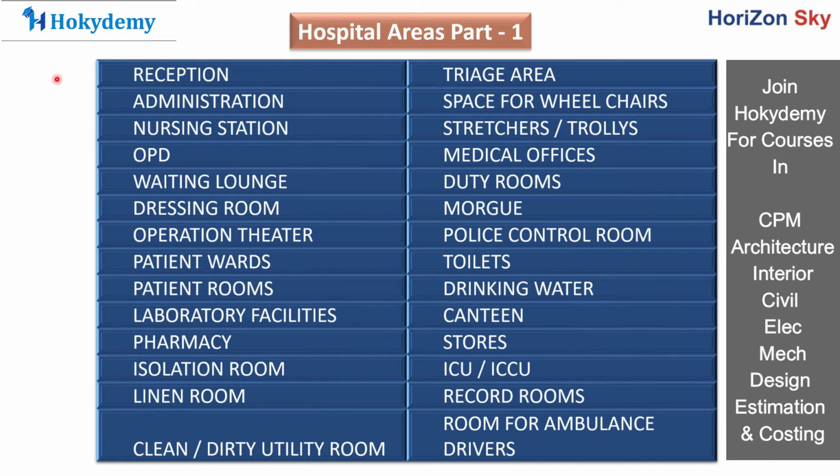Generally a separate area for the morgue will be there, wherein a cold storage will be built for storing the dead bodies inside the hospital, and the dead bodies will be released upon post-mortem and after the legalities are claimed and the body is claimed by the family or someone. Okay. Then we have a police control room.